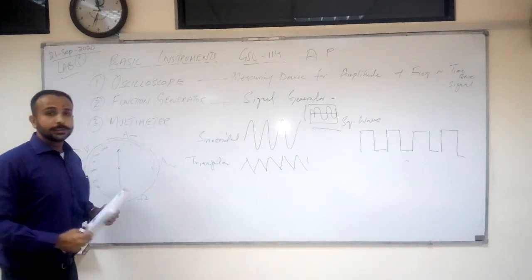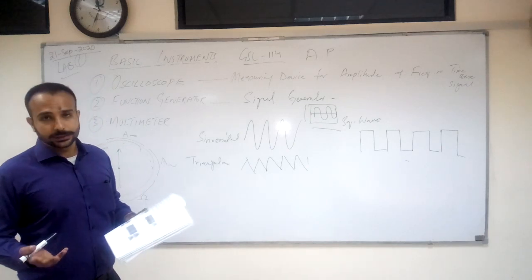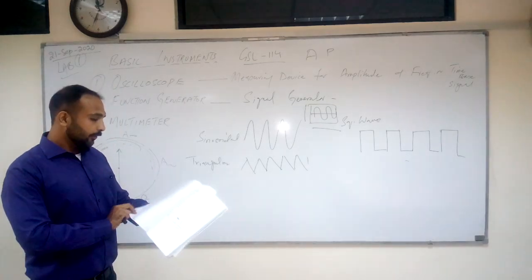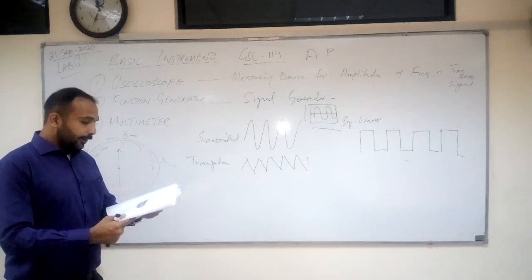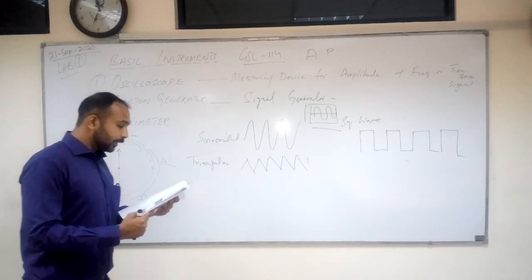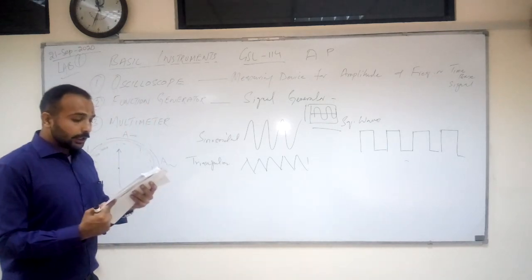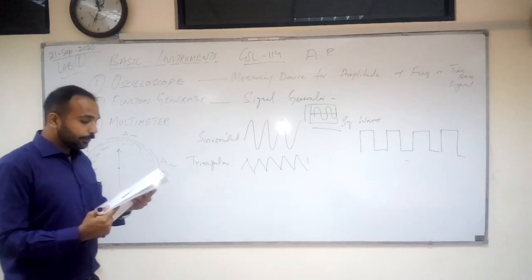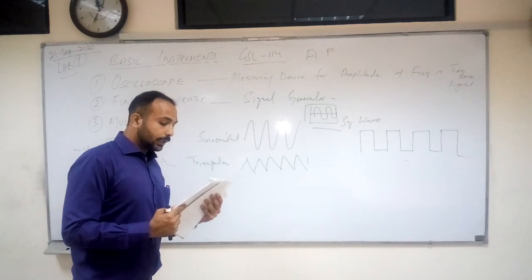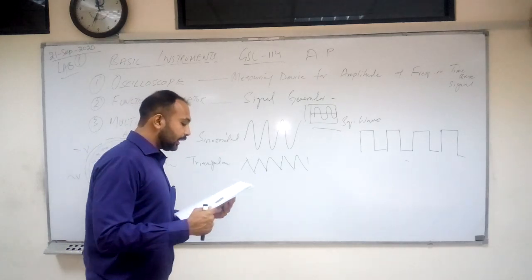The first thing is your basic instruments. Second is your function generator. A function generator is used to generate some proper functions. There are three types of functions in the function generator. Function generators are signal sources which provide a specific voltage applied over a specific time, such as a sine wave or triangular wave. These signals are used to control other actuators, for example to vary a magnetic field or act as a timing signal, such as a clock in phase-sensitive detection experiments.